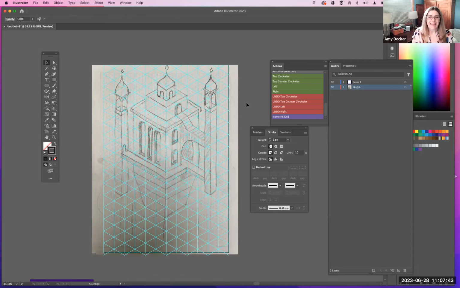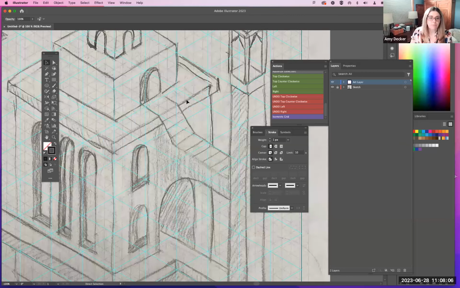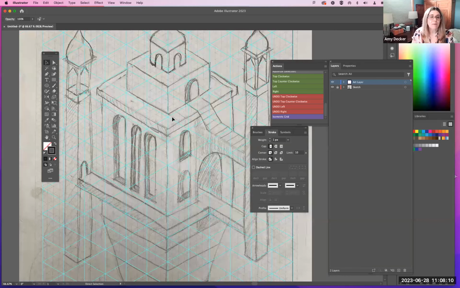Okay. And then once you have this sketch where you want it, of course, lock it in so it doesn't move. And then above it is going to be your art layer. And that's where we're going to be working on the art layer. So I'm going to make another grid, but for the moment, just for demo purposes, I'm going to show you how we then apply